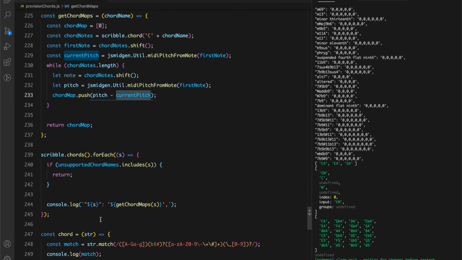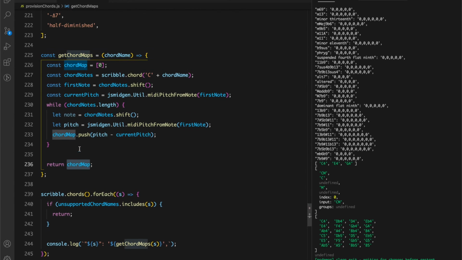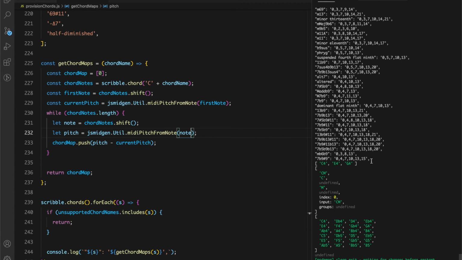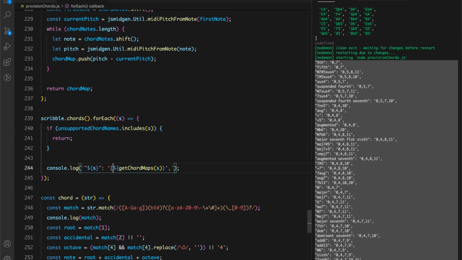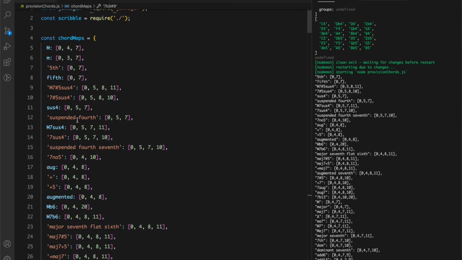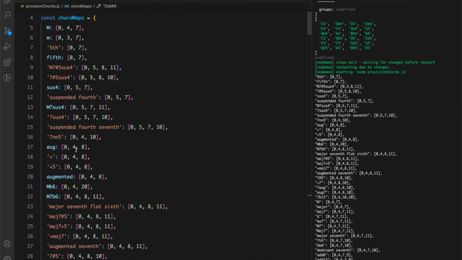Okay, and it's returning this chord map 0 note. Yeah, now we have it. Let's have something like this. Yeah, now let's see what have we got. Yeah, these are all arrays. Okay, so we have all the chord maps.